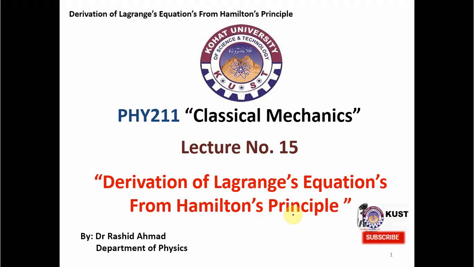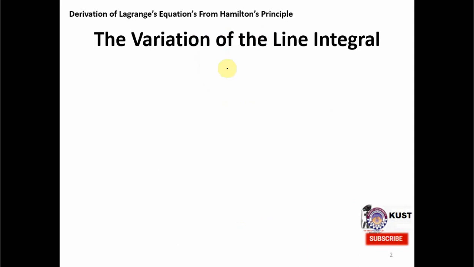In the previous lecture, we derived the Lagrange equations from Hamilton's principle for a single variable. In today's lecture, we will see how to generalize this procedure and derive the Lagrange equations for different variables and also their derivatives. So in order to do this generalization, we will start with the variation of a line integral